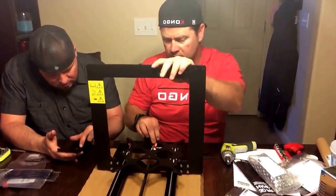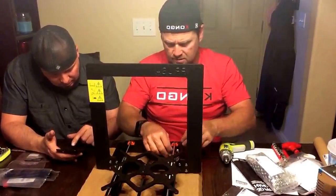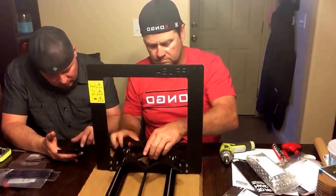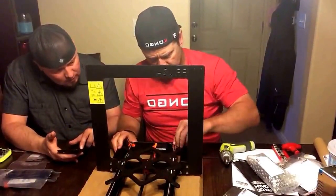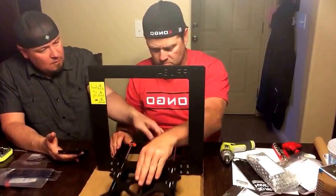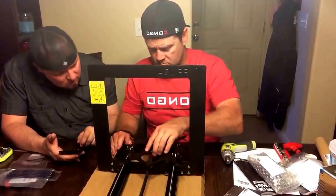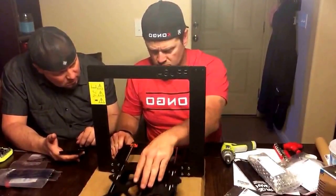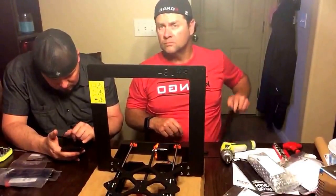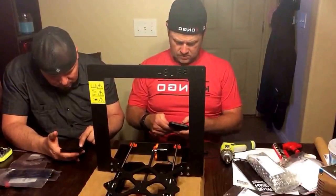And then once we get these out of here, so here's what you're probably doing. Yep, lining the Y-axis belt. All right, so do I even need to go to adjust the belt position, release the screw on the pulley,